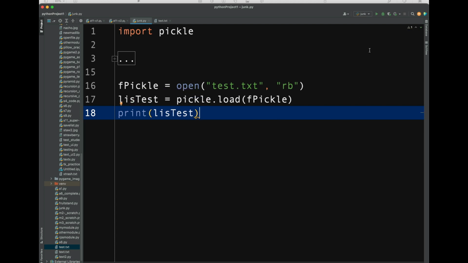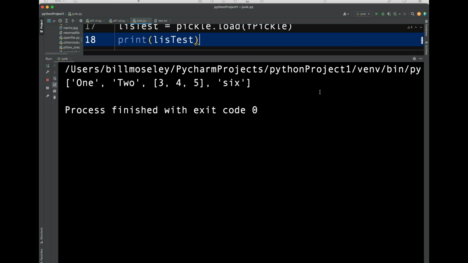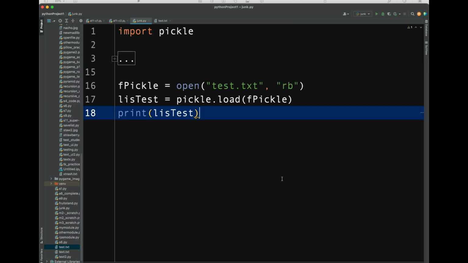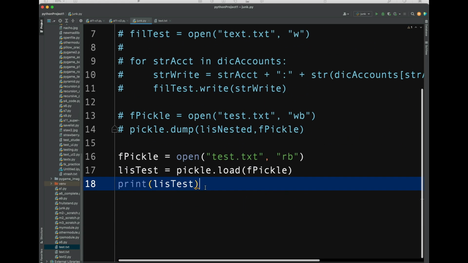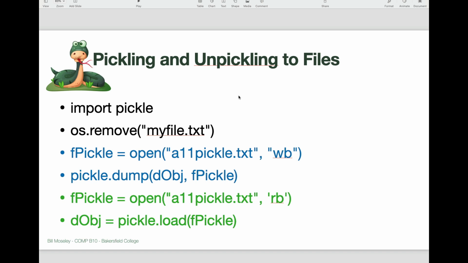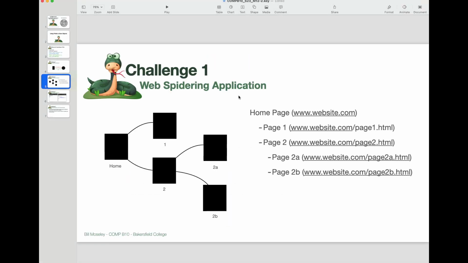So this opens up the file that I just created and prints it to the screen as a list. There's my list successfully recovered from the file. So if I have a really complex data structure, like say the employee database, I can just use Pickle to take care of that whole thing at once. One shot, load it, save it, easy, easy, easy. Just a few lines of code for each one. And that is nice because